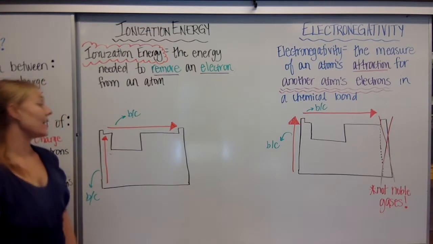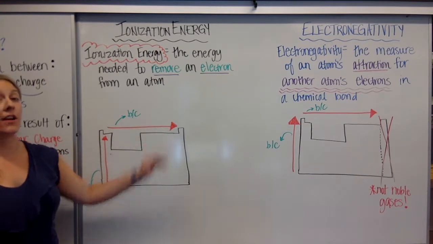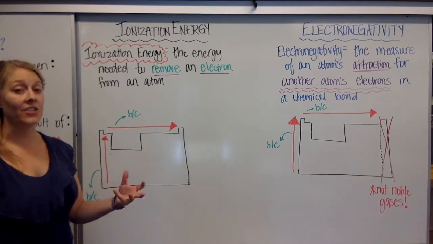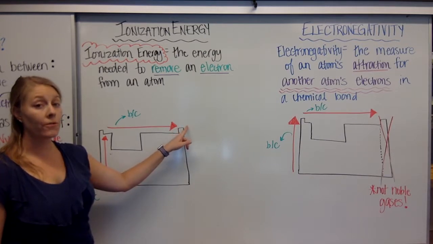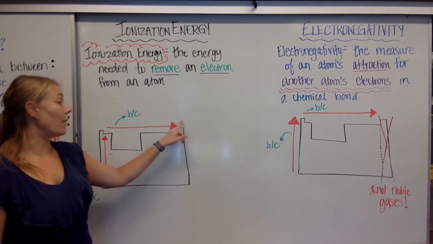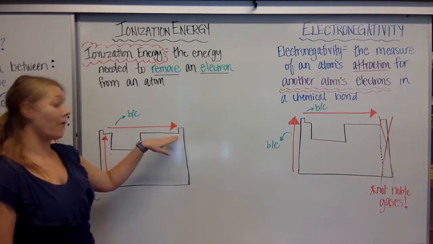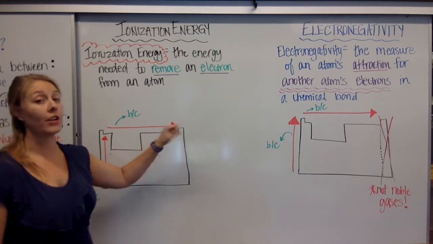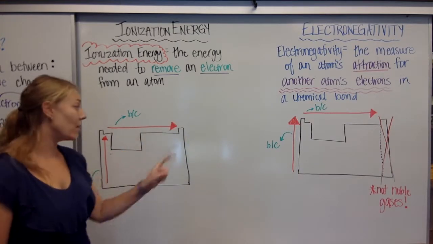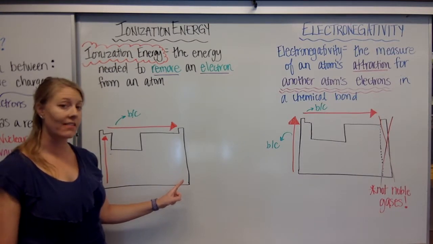And what we see is that going up and to the right across the periodic table, that ionization energy increases. So it is very, very difficult to remove an electron from this upper right-hand corner, which is helium, we have fluorine, we have neon, right? Those are very hard to remove an electron from. Why? Well, they're either noble gases where they already have a full valence and they don't want to lose electrons,